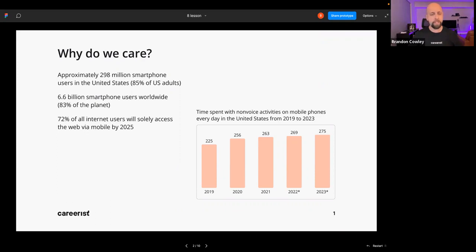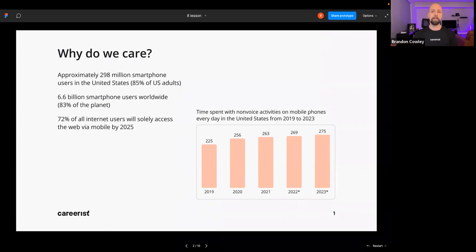The numbers that support mobile usage, right? These are right here up on the screen. This is some quick data that I pulled because of just the increasing growth and demand for this. So in the US, if we just talk within the United States, about 290 million smartphone users in the US alone, which constitutes the vast majority of the population. About 85% of adults have at least one smartphone. And that's here in the US.